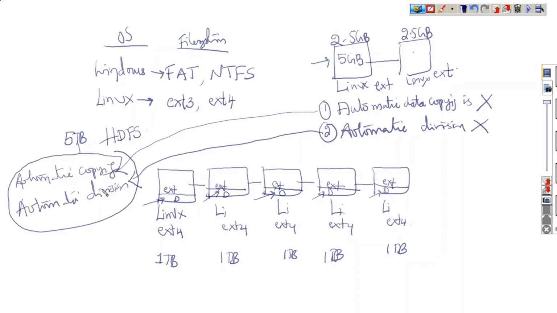It can do automatic division and automatic copying of data into any number of nodes in the network. Got it? That is nothing but HDFS, Hadoop Distributed File System. Now I install Hadoop in all these nodes, so this HDFS is going to come on top of it.